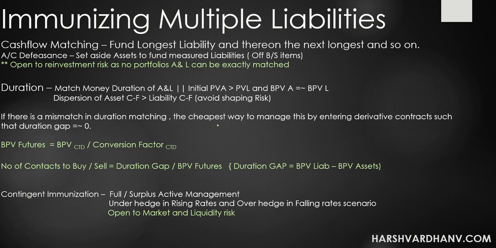So as a fund manager, if you are facing a duration mismatch, the best and the cheapest way to do is basically enter into futures and match your duration, right? We learned that the duration can be matched by either taking leverage or entering into a swap, doing an opposite transaction so that the duration negates. Or the simplest and the easiest way, the most liquid way, is to do an exchange traded derivative, which is the BPV of futures. So what is BPV of futures?